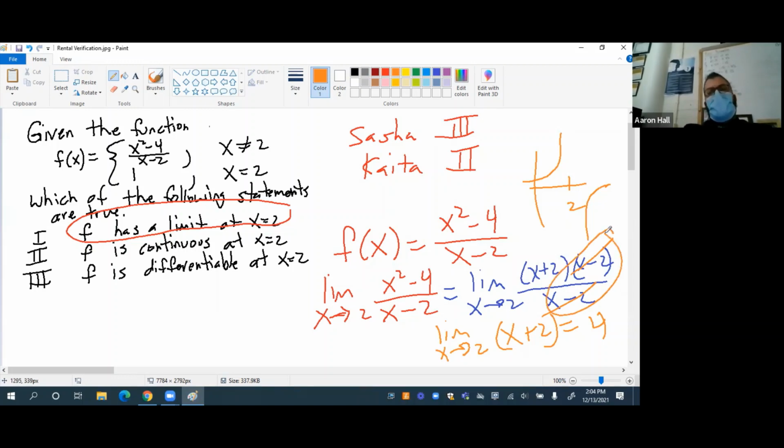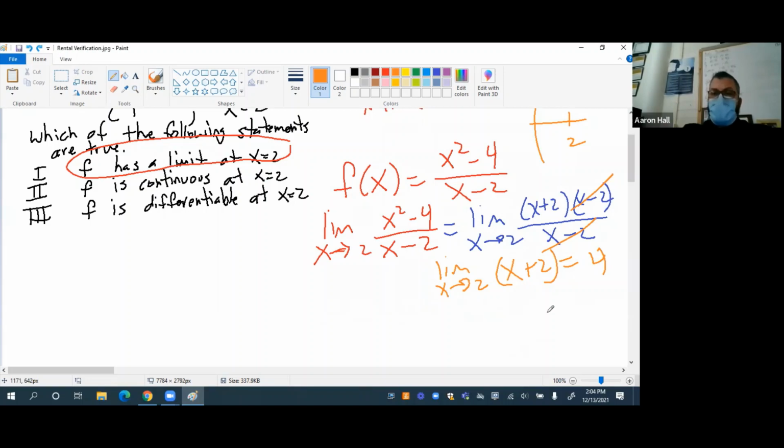If it couldn't cancel out, that means we have an infinite discontinuity. If it does cancel out, then we just have a hole, right? In fact, we should be able to graph this. If this cancels out to this, then don't we just have y equals x plus 2,